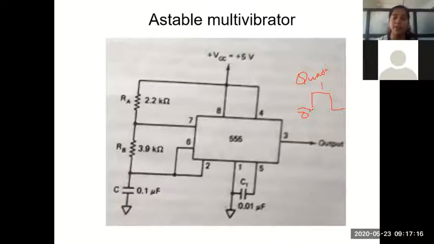So it can generate either a complete square wave where on time and off time are equal. That is, logic 1 and logic 0 have equal time durations. Or it can generate rectangular waveforms where logic high and logic 0 have different time durations. So this is also known as an oscillator. Okay. So in this circuit, as you can see,